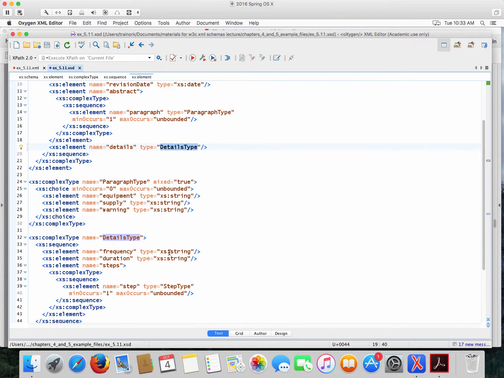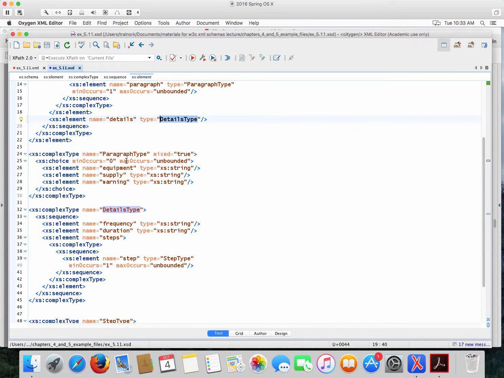So what's the definition for paragraph type? Has it changed? Yeah, I'm going to allow a warning sub-element now. Okay, and I have to emphasize, if we're going to allow that in one context of where we're using paragraph type, we have to allow it in all contexts. So as soon as we add this, we could go into the abstract and have a warning in the abstract as well. Okay, so because they're sharing